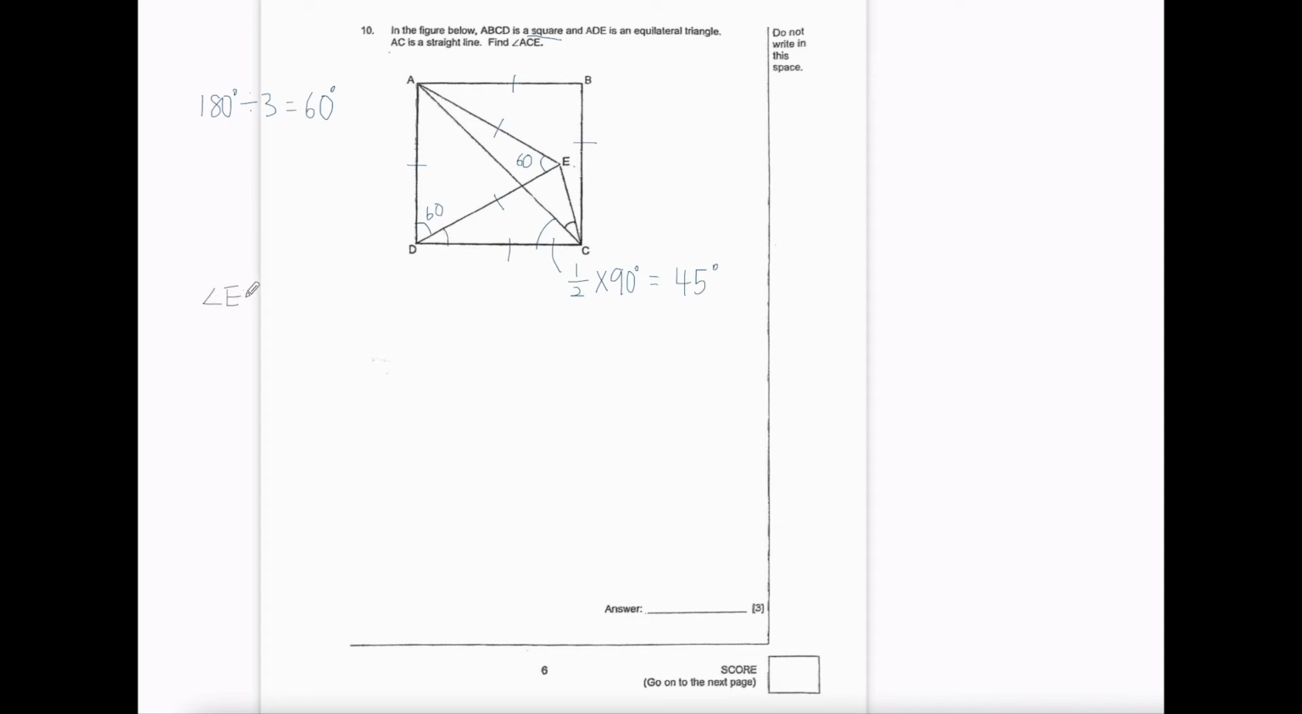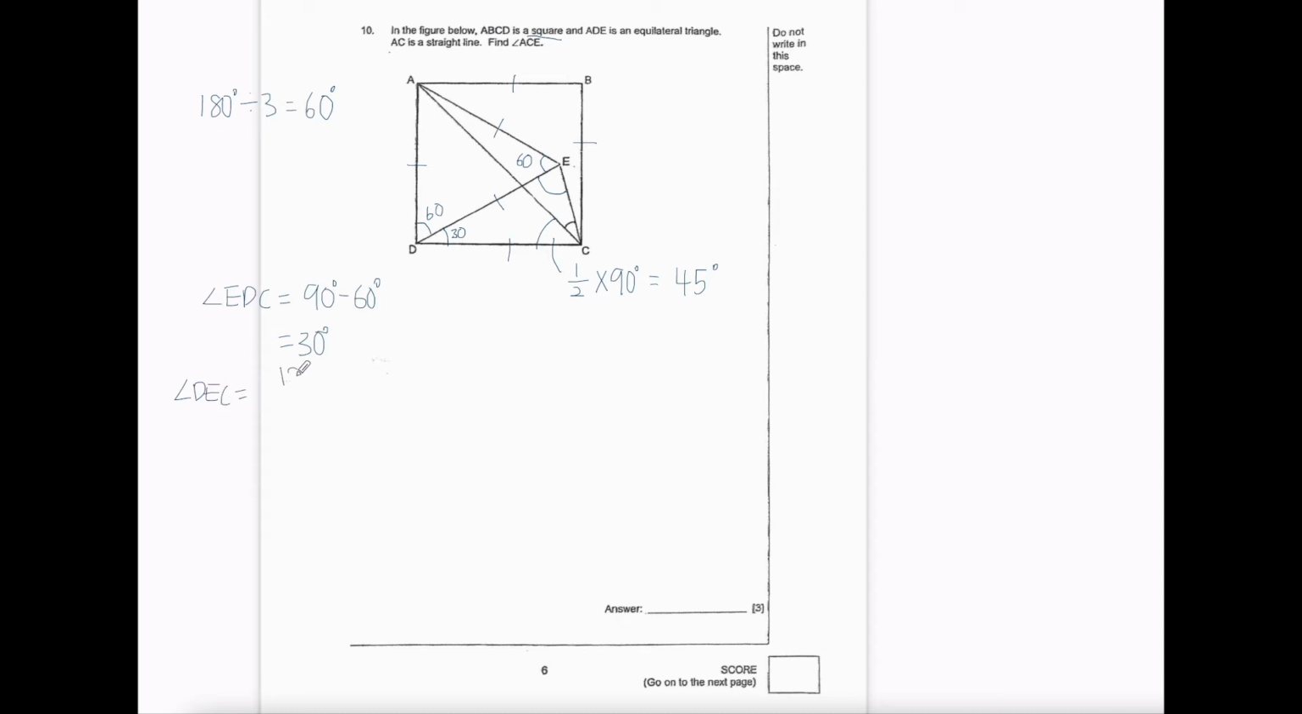Angle EDC is just a right angle minus 60 degrees, and I'm going to get 30 degrees. Now, ACD we already found, and it's 45 degrees. So what is DEC? It's the base of an isosceles triangle, right? So angle DEC